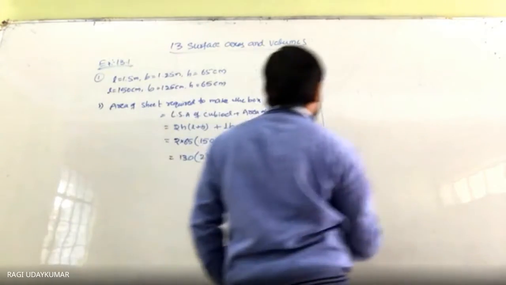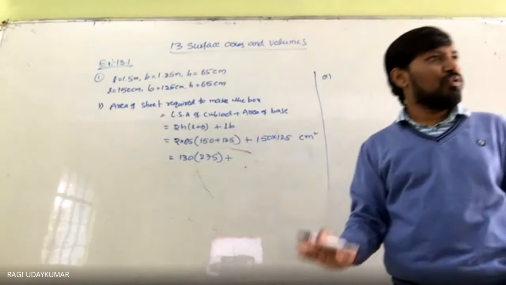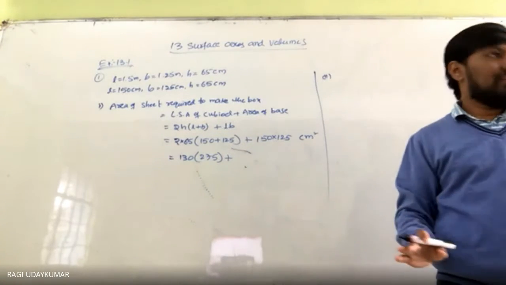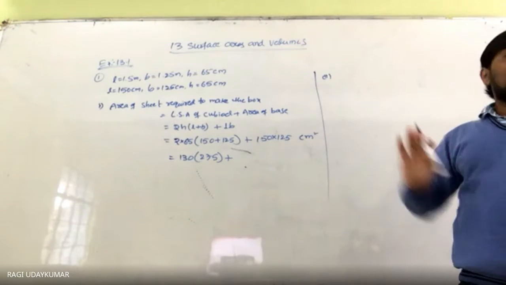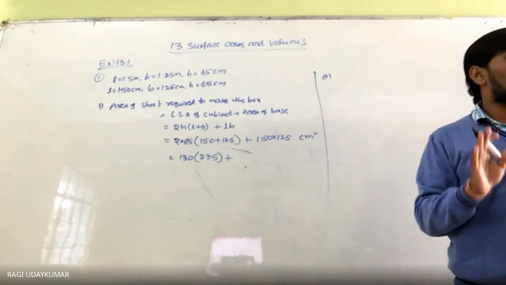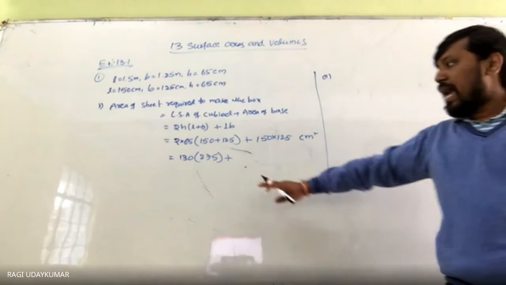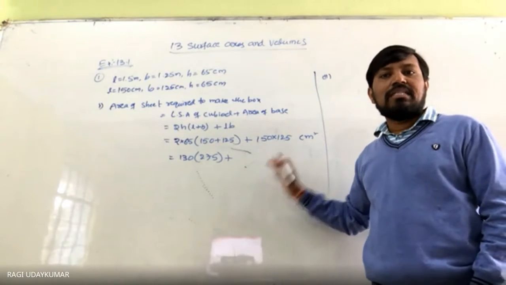This calculation part I am giving to you. It is an easy task, I think you can do it. It's not very difficult. Okay. Next, the second question is asking that the cost per 1 meter square is rupees 20. That means the answer we get is in centimeter square.